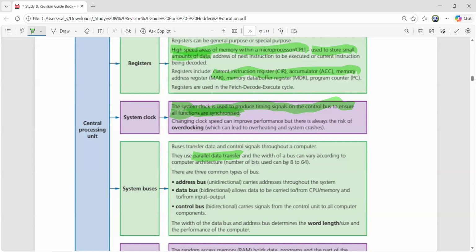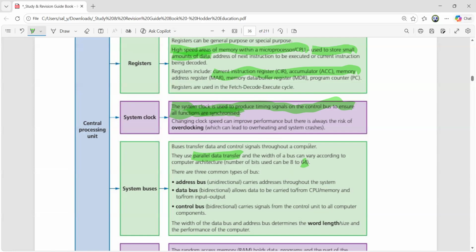The width of the bus can vary also. You can use an architecture based on maybe 16-bit buses, or 24-bit buses, or 32-bit buses, or 64-bit buses. So the amount of data that can travel can change through increasing the number of bits that can be transmitted at a time through the buses. If you're using a 64-bit bus, it means it will be carrying 8 bytes of data at the same time. So this is just a revision that we have talked about buses.